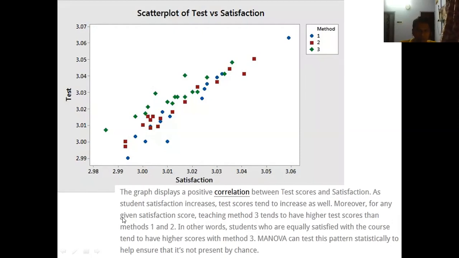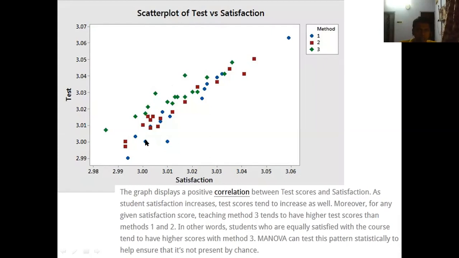Moreover, for any given satisfaction score, teaching method 3 tends to have higher test score than method 1 and 2. You can see that here teaching method 1 is represented by the blue dots. Teaching method 2 is represented by the brown dots. And teaching method 3 is represented by the green dots. So for any given satisfaction score, suppose if your satisfaction score is, for example, 3, then you can see that